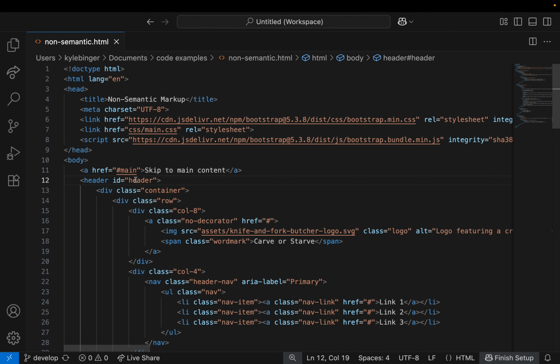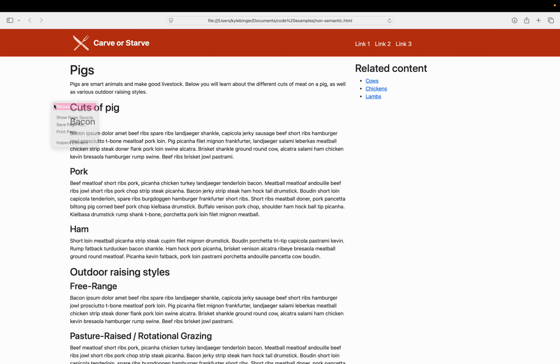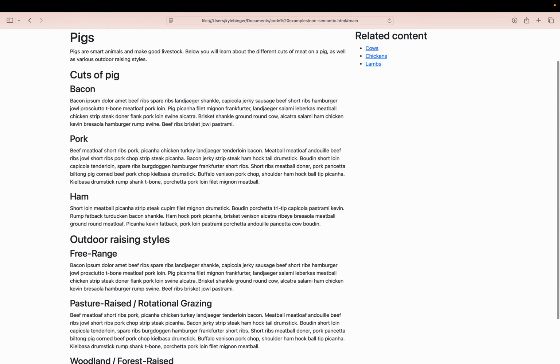And let's jump back over to Safari, reload our page. You can now see that we have a skip to main content link there. If I tab on the page, it's the first thing I hit, which is exactly what you want. If I hit enter or return, it jumps me down to the main content of our page, which is great.